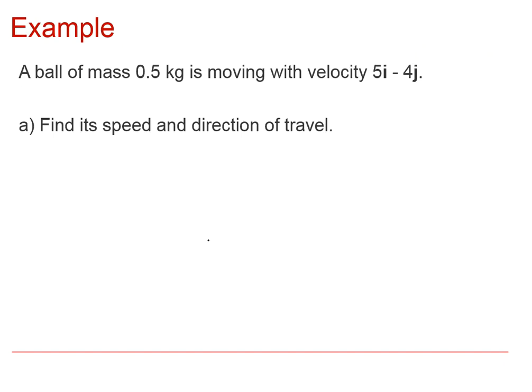Okay, so here we have an example. We've got a ball of mass 0.5 kilograms moving with velocity 5i minus 4j. So it really helps if you sketch a diagram. Here we have our i and j directions. And if you look at this vector, we can see it's 5i minus 4j, so it's going to be heading down here. So if we draw in our right angled triangle again,